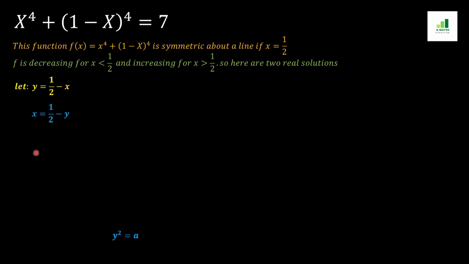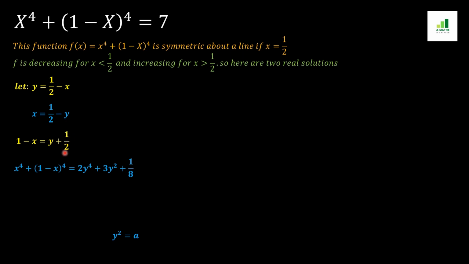Now here we get the value for x. Our next step is 1 - x. When we apply this x, for 1 - x we should get y + 1/2. In the next step, we should use these values in our main equation, x^4 + (1-x)^4. If we put the value of x and the value of 1 - x, which is y + 1/2, inside this equation and simplify it,